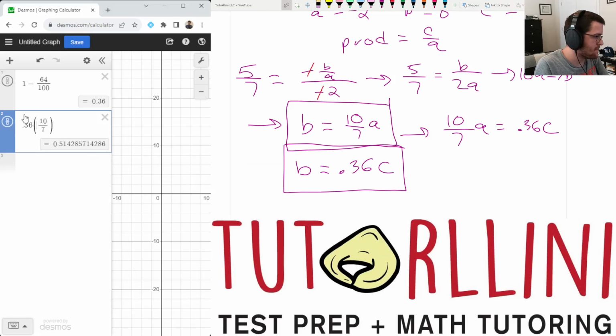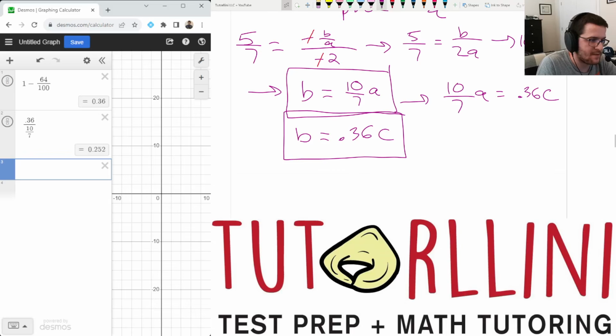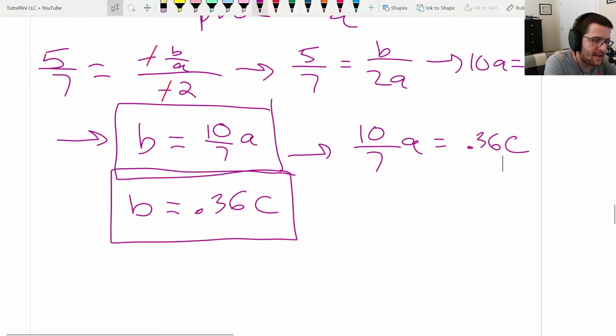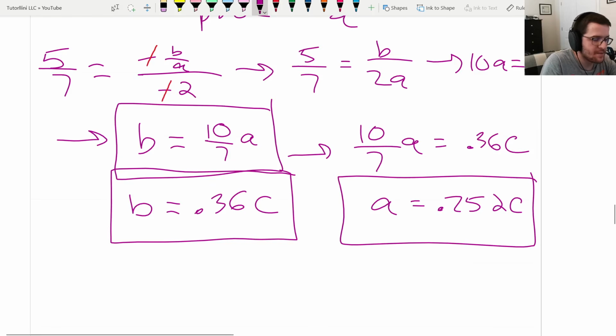So let's do that. I think I can just put, yeah, that'll work. Okay, so if we divide both sides by 10 over 7, we get A equals 0.252 C. And that is really important because